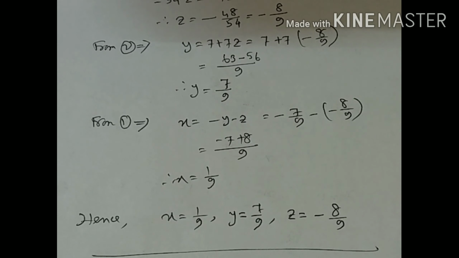So perhaps I think you got it. Generally, there are two types of linear simultaneous equations: the consistent equation and inconsistent equation. This will be discussed later on. Now we will do another method to find the solution of this type of non-homogeneous simultaneous equations by finding the inverse of the matrix.